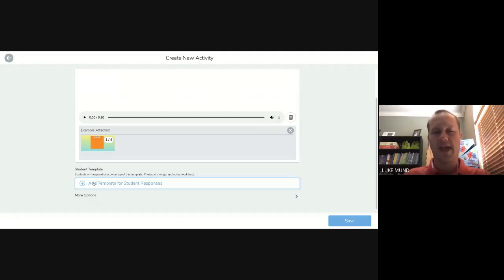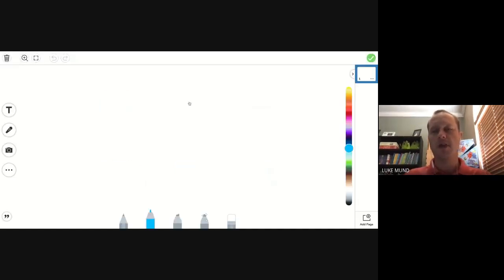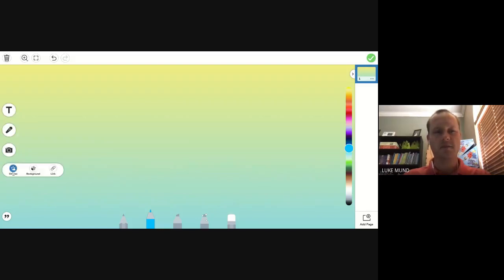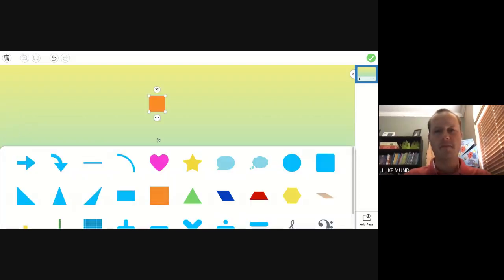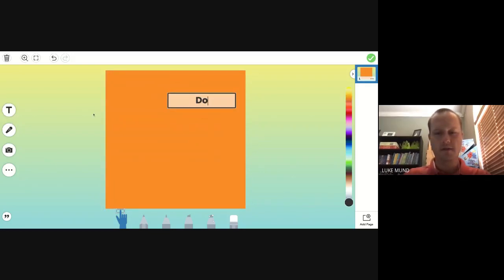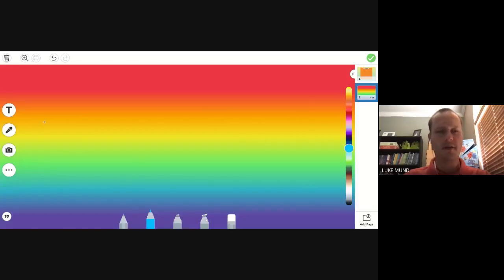So I'm going to click to add a template, and I'm going to make my drawing similar to my beginning, right? So I'm going to make my background the same colors here. So my students would have the same do now on their page as they did on mine. So as I'm going through the lesson, they will have a same workspace as I did. Whatever opening I want here. And then I had another page. Did the rainbow background, right?